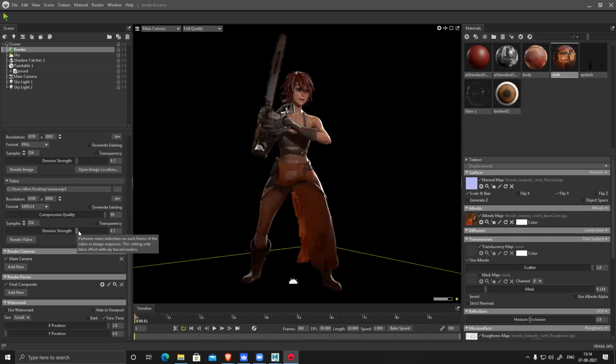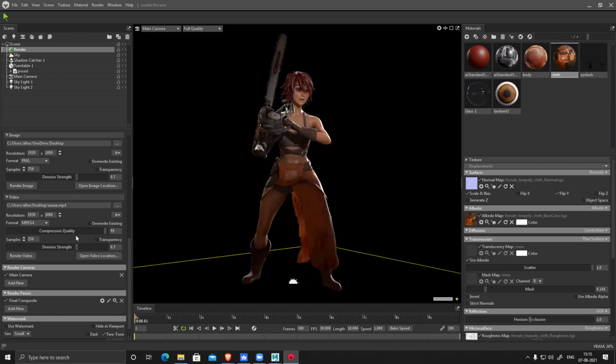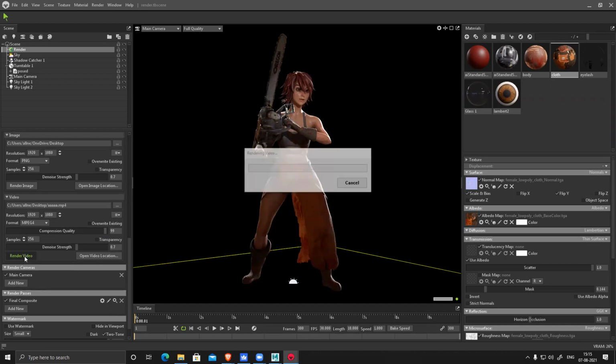Denoise strength, it's fine, do not increase too much. And this is full HD MP4 format. Render video. And render turntable for this.